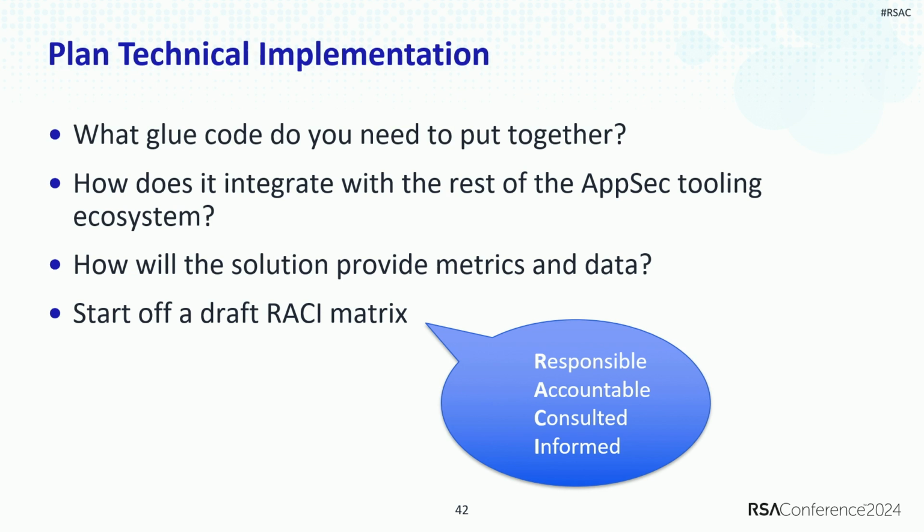Not only is it useful for you to have that ownership and responsibilities from the engineering leaders' part, it's also useful to have ownership of those particular action items that you need to take place when you do your technical implementation. So if you haven't heard of RACI before, it stands for Responsible, Accountable, Consulted, and Informed. This is a framework which you can use to figure out who does what exactly, or what they are supposed to do in that particular initiative.